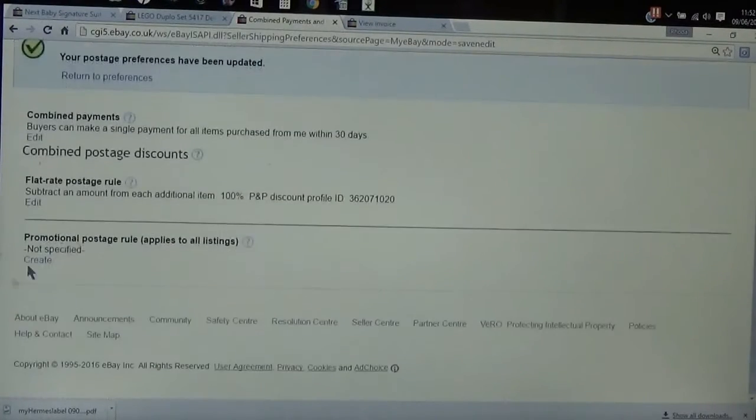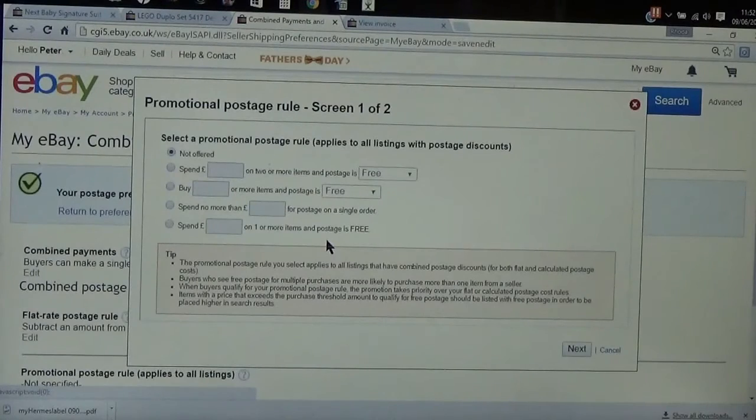So the next thing we're going to look at is the promotional rules. This is where you can get really creative with your website. You've got lots of things that currently I'm saying not offered. Next one down says if they spend so much money, they can get so much postage free, or you can buy so many things and get postage free, or get so many things off, or spend